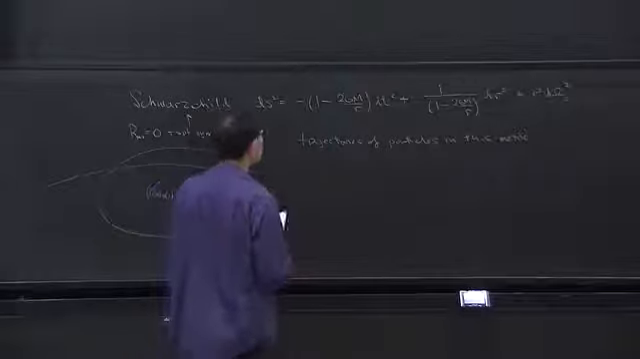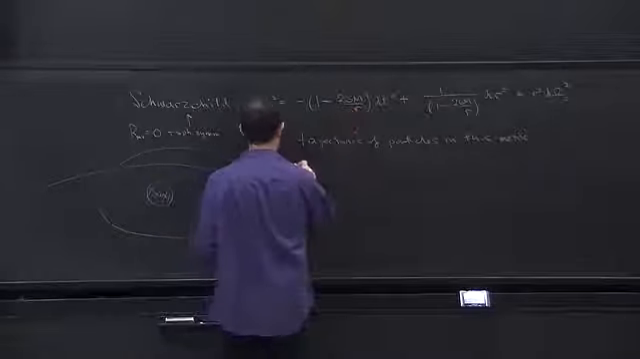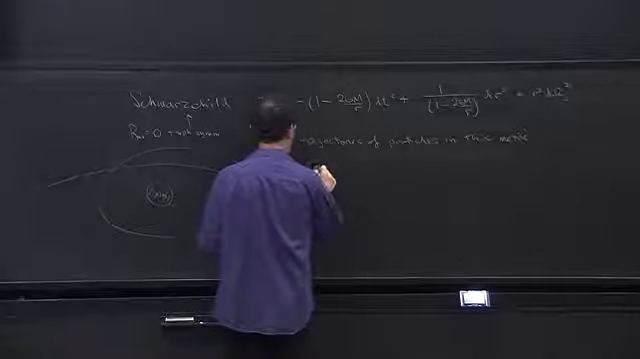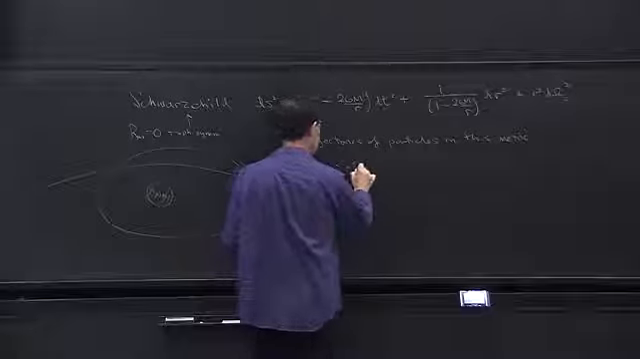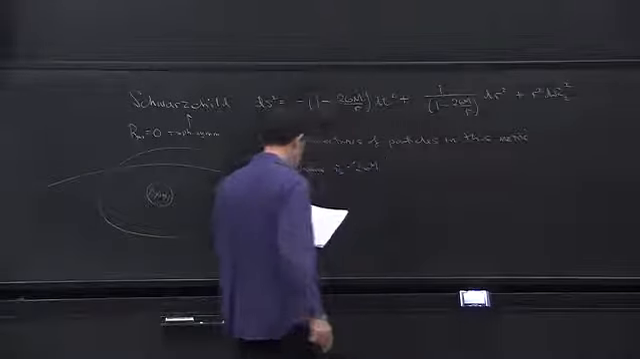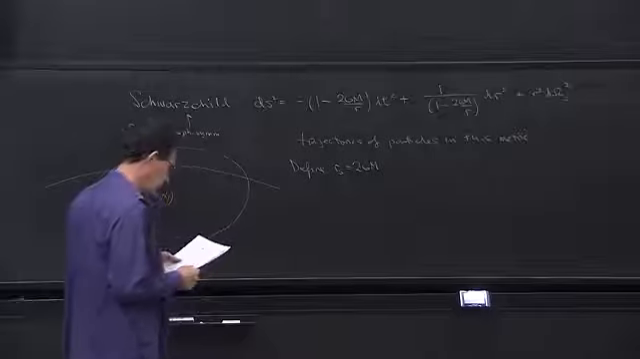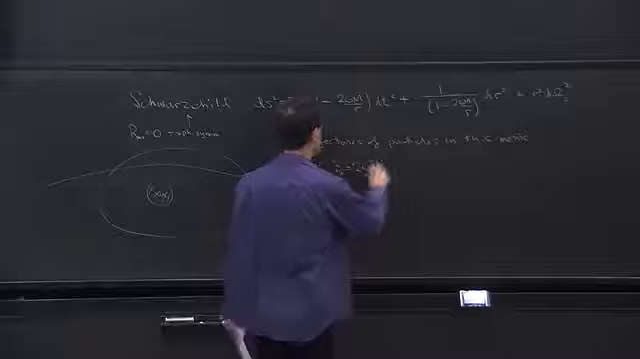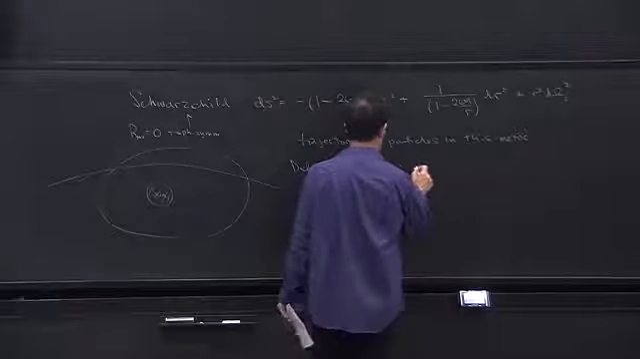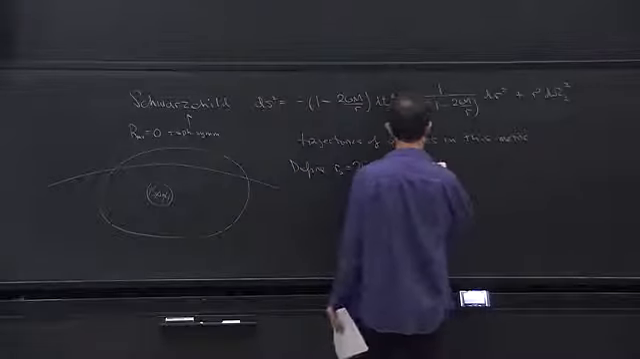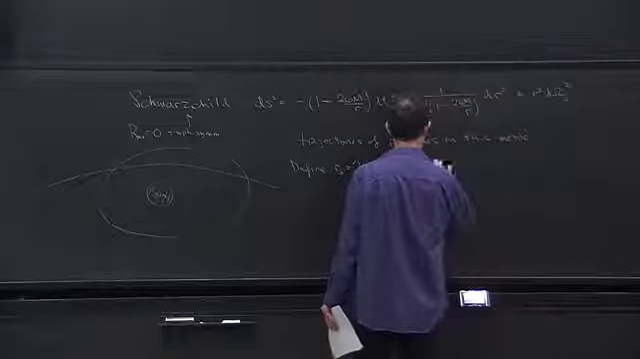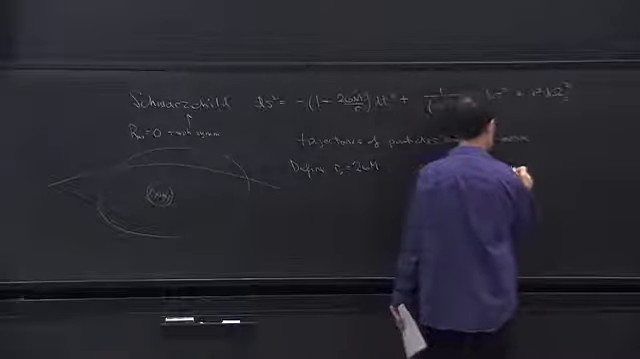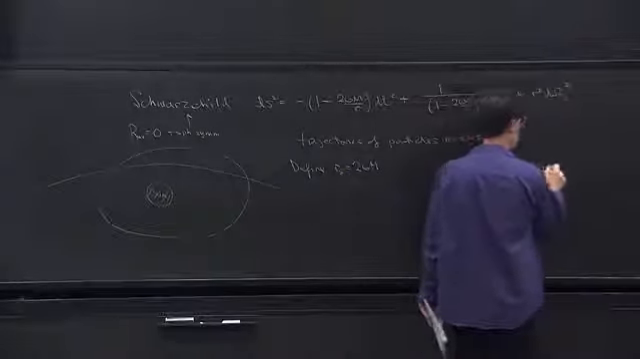Okay, so first of all, I'm going to define RS, just to simplify the algebra. RS to be 2GM, so I don't have to write that out all the time. And we're going to study the action for a massive particle like the Earth